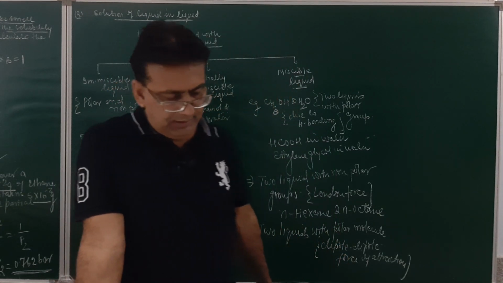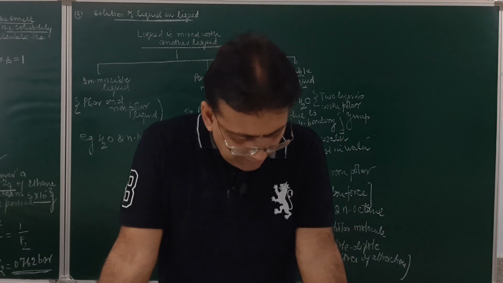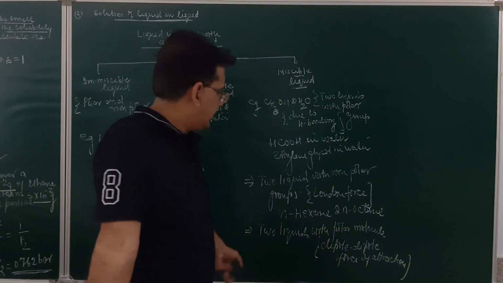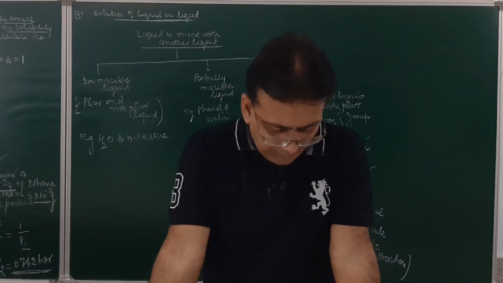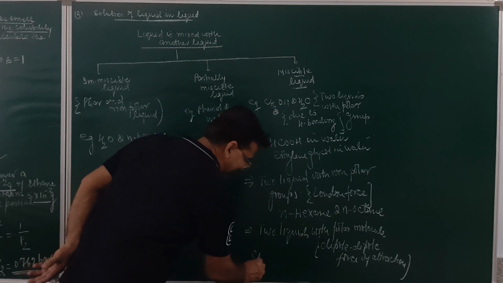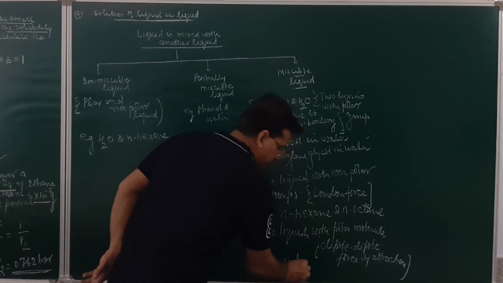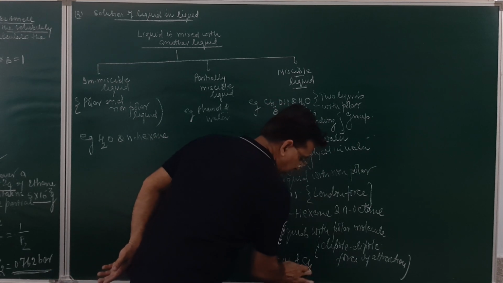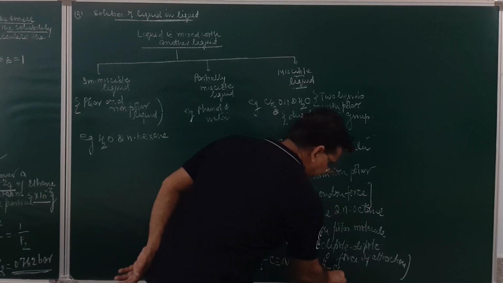As for example, we may take ethane nitrile and acetone. They are completely miscible liquids. So, wherever we have opposite dipoles, they may be soluble in each other. For example, methyl cyanide and acetone. Here the dipole will be created and it will be soluble.